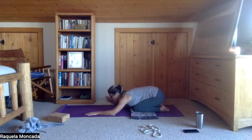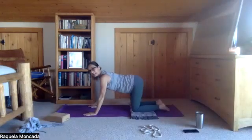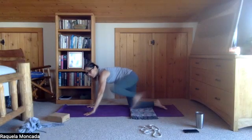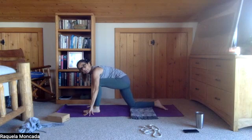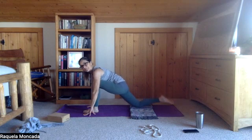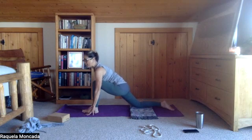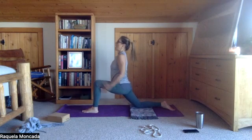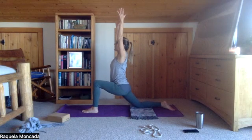Inhale, let's slowly move to table and let's come into stepping forward with your left foot, left knee over to left ankle. Tuck the toes under and pick up the knees slightly up and then release it down, top of the foot flat on the mat. Hands to your thighs, move the chest away, and then inhale, bring the arms overhead, release